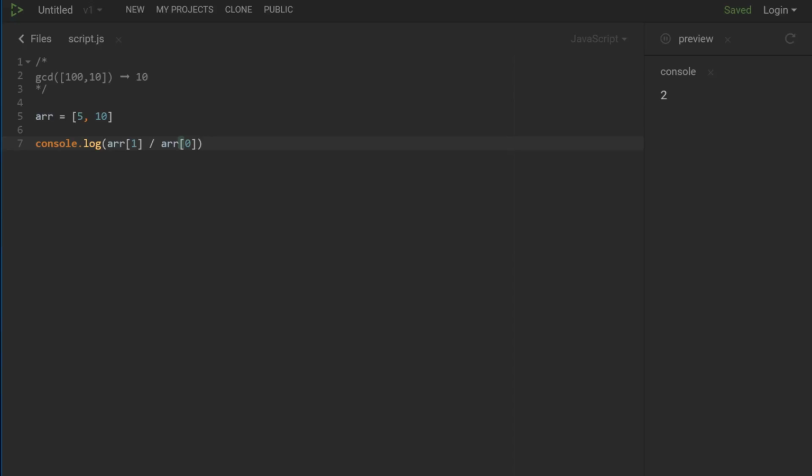And if that's basically an integer, that means the greatest common denominator is the 0 index, so 5. That would be this test. So if this equals an